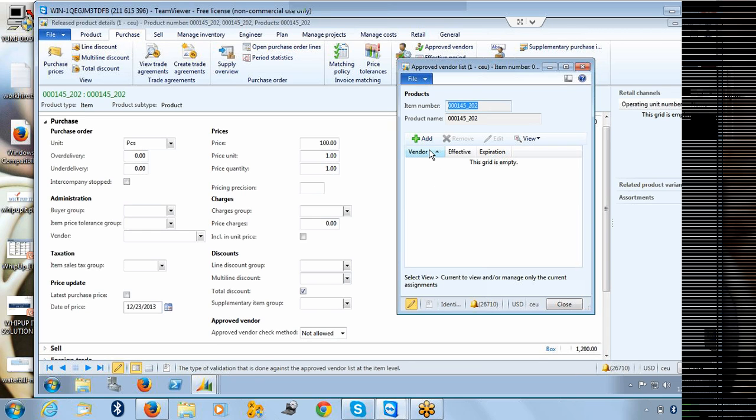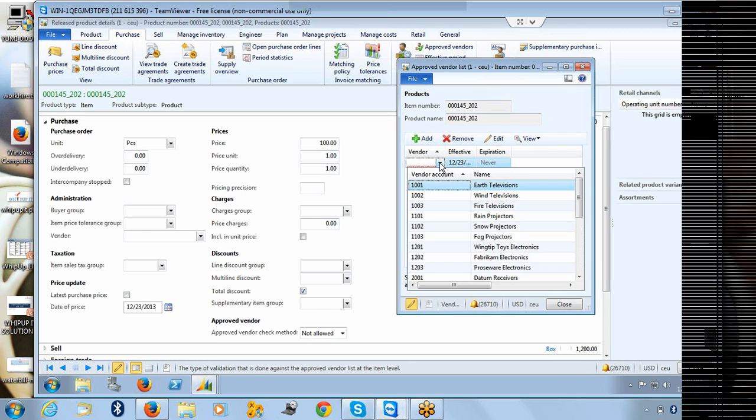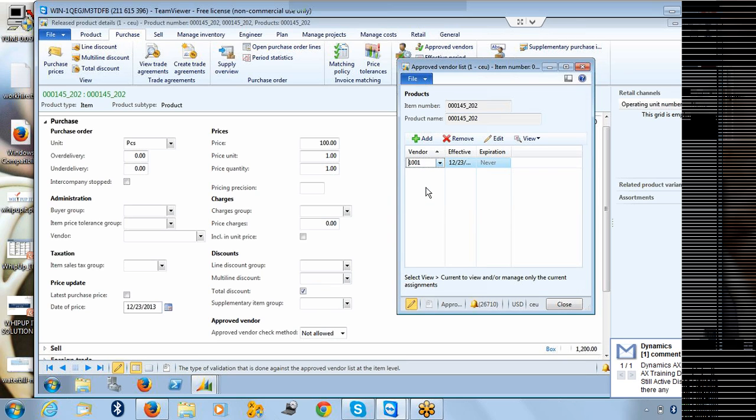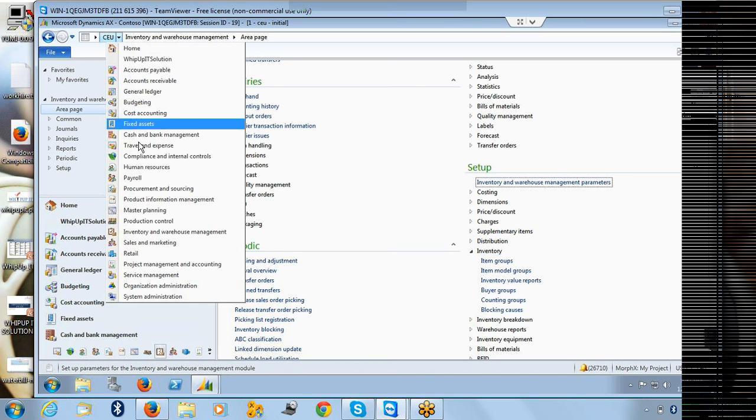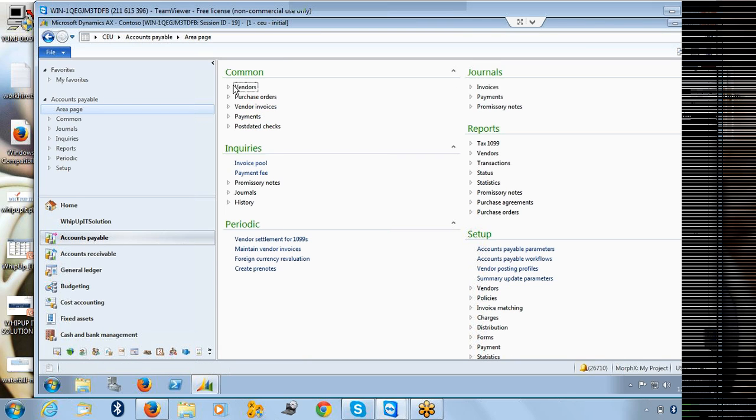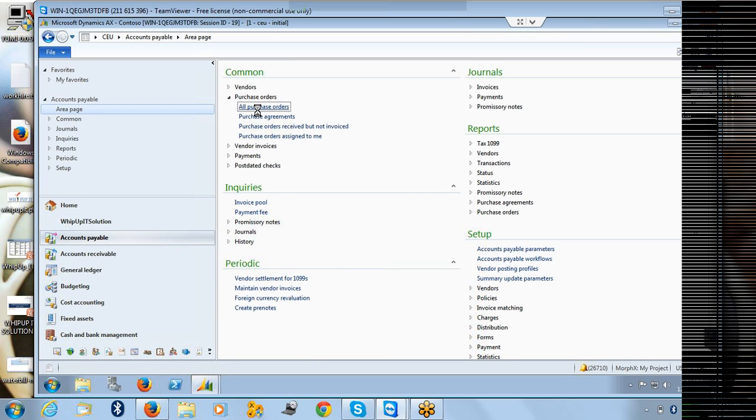For example, if I define this vendor, if it is effective from today, which means only this vendor is allowed to create the purchase order. How we can see that? I will show you. If I say close, minimize, I go to accounts payable, purchase orders, all purchase orders,